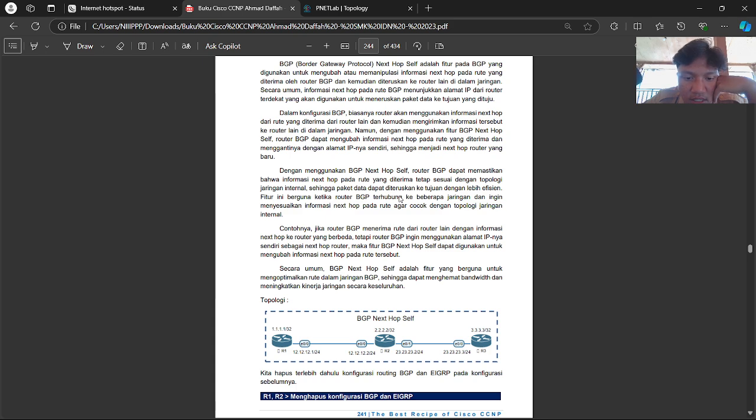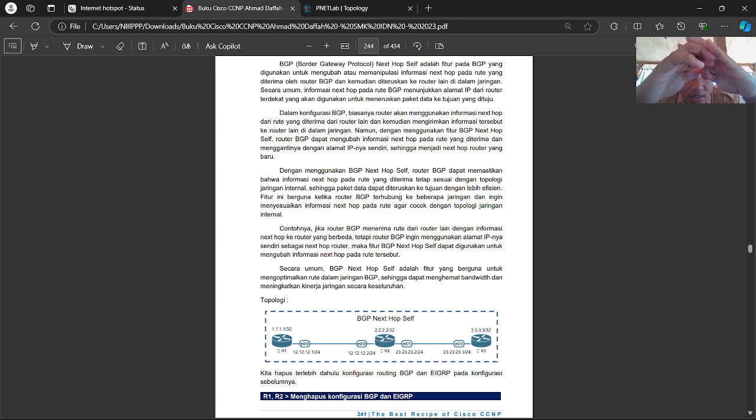So the packet data can continue to the destination more efficiently than through the other router. This feature is very useful when the BGP router is connecting with another network, and the router wants the next hop information to be the same as the internal topology of the other network.